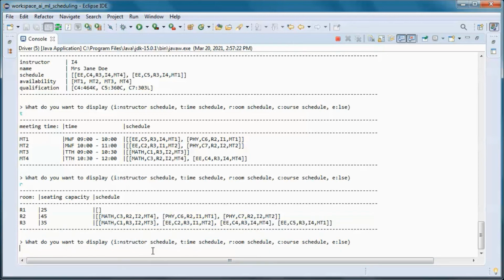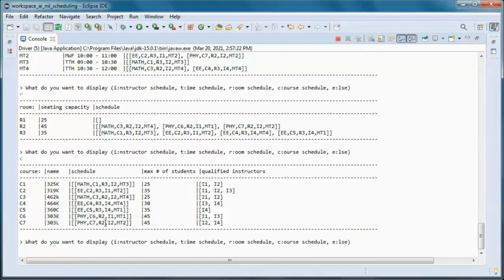Now from the course perspective, we have this course have those 2 qualified instructors and this max number of students, and it is scheduled at meeting time 3 in room 3, and instructor 2 will be teaching it, etc.